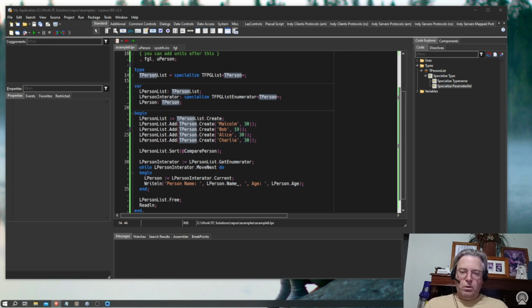And also it ensures type safety because it knows what type of thing it's operating on, and if it gets the wrong thing, it will